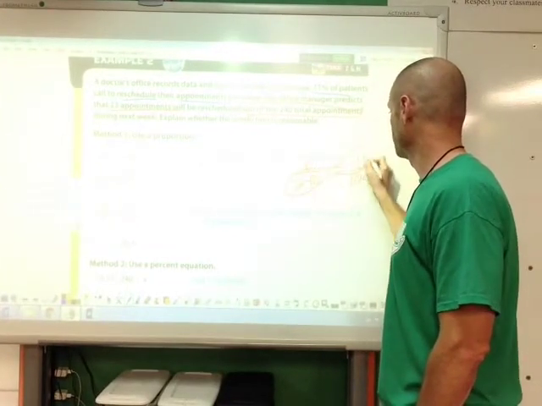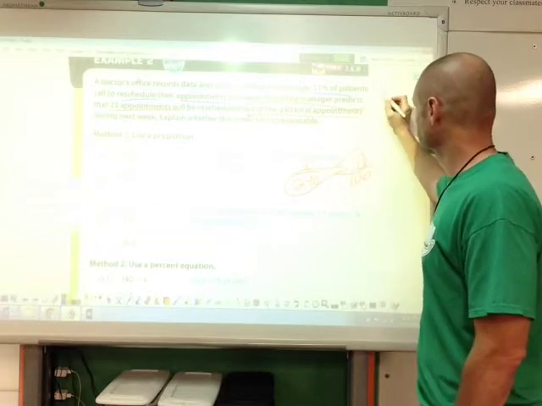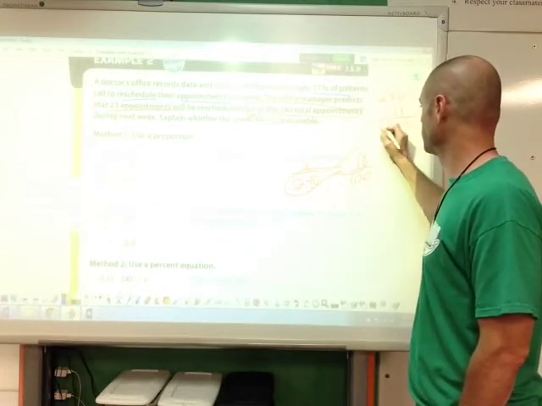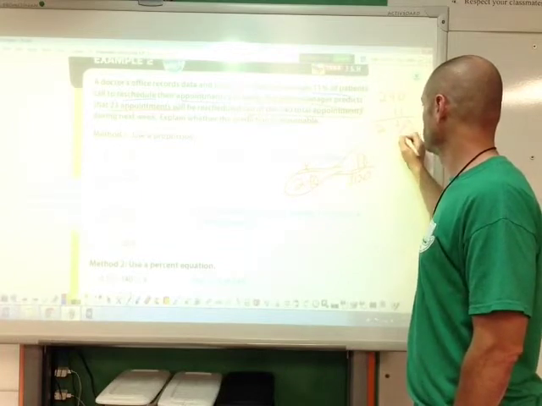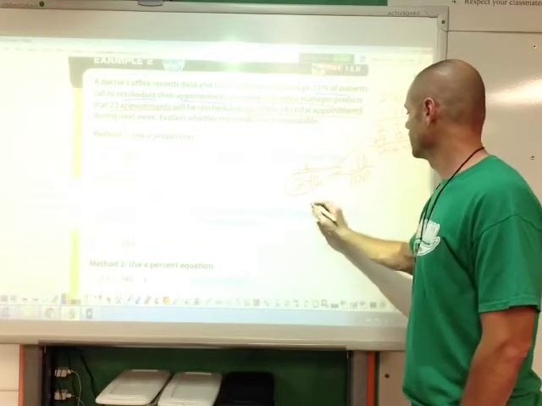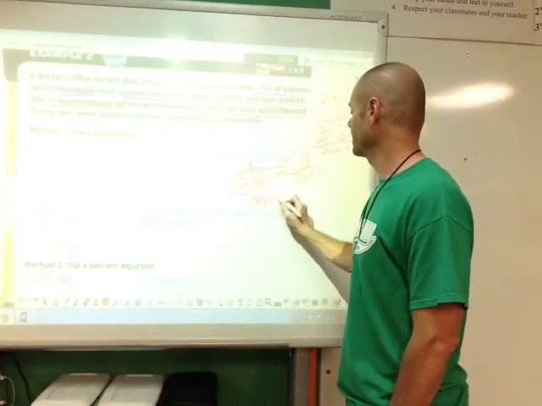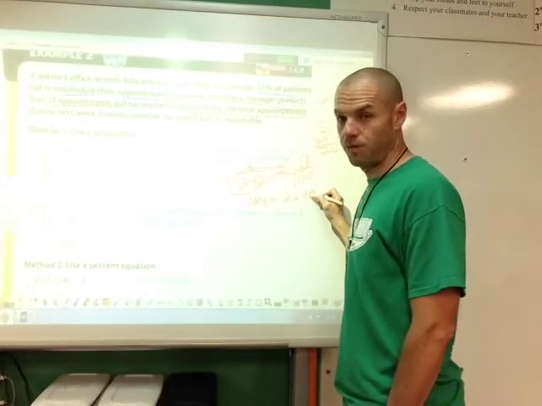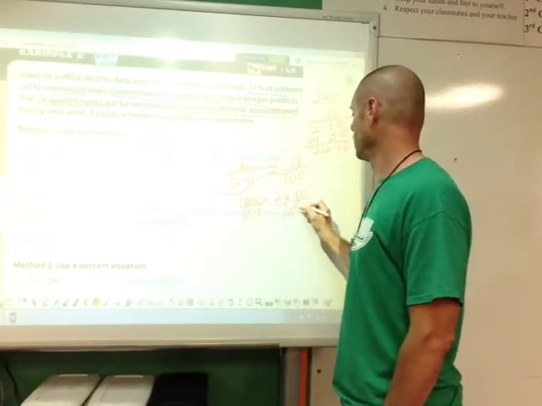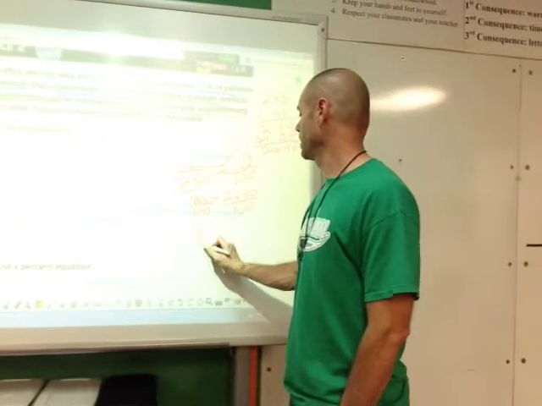So we're going to cross multiply 240 times 11. So right here I'm going to do 240 times 11. That's 2640. So that is now 100x is equal to 2,640. We divide both sides by 100. So move the decimal 2 places to the left, and you get